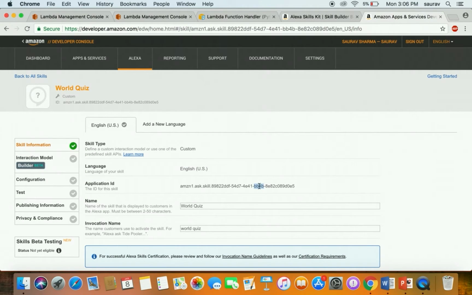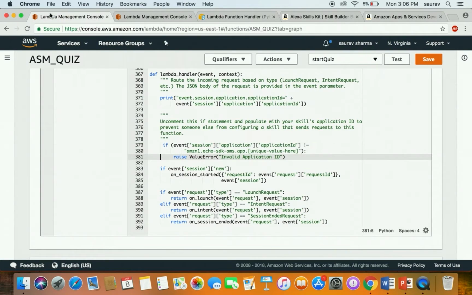So this is the application ID, right? So I'm going to copy this and go back here, and I'm going to copy